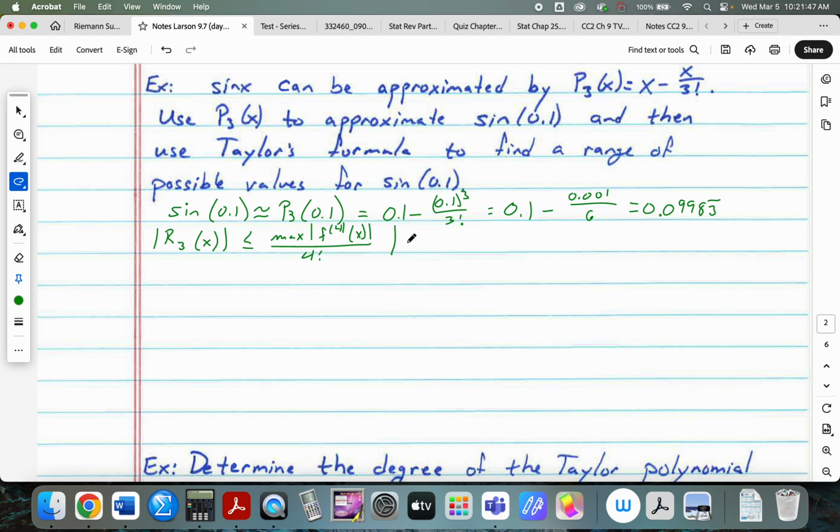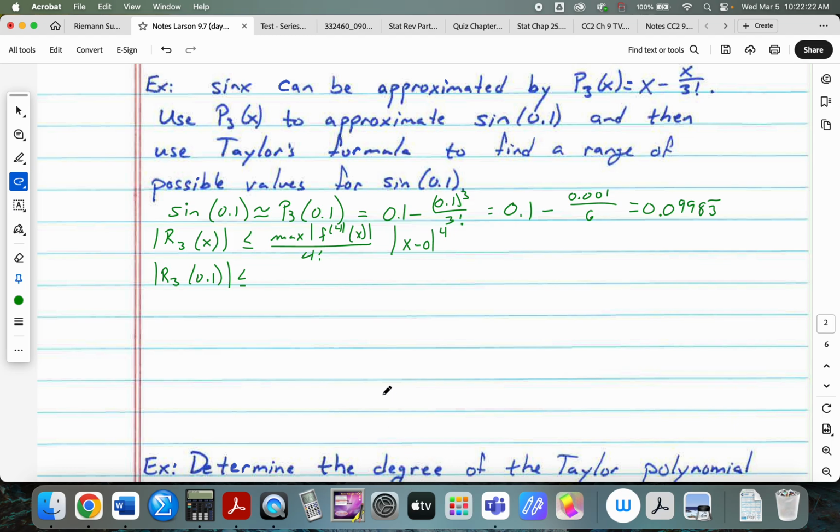So x minus, where are we centering this? Oh, we're clearly centering it at 0, right? Because there's not an x plus 3 or an x minus 4 or something like that, to the 4th power. So the absolute value of the remainder, r sub 3 of 0.1, is going to be less than or equal to,